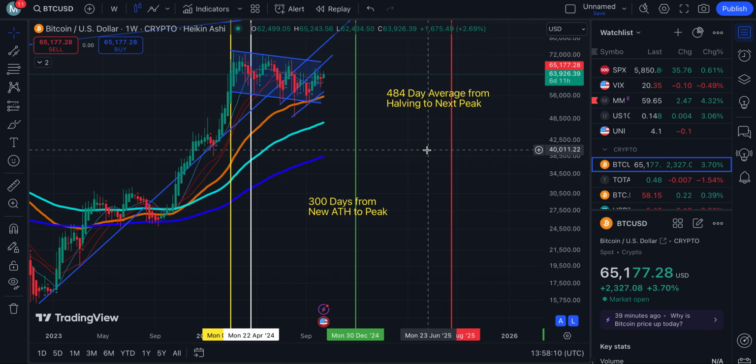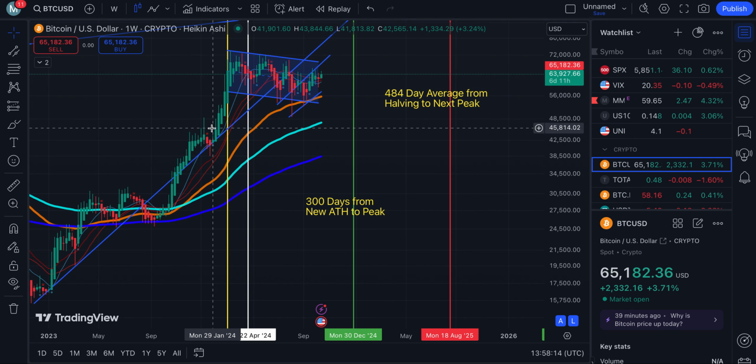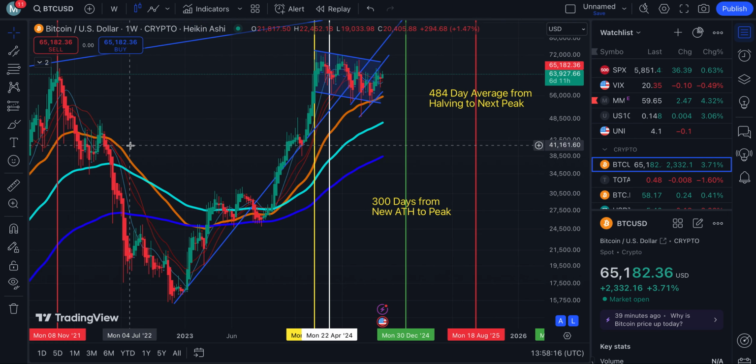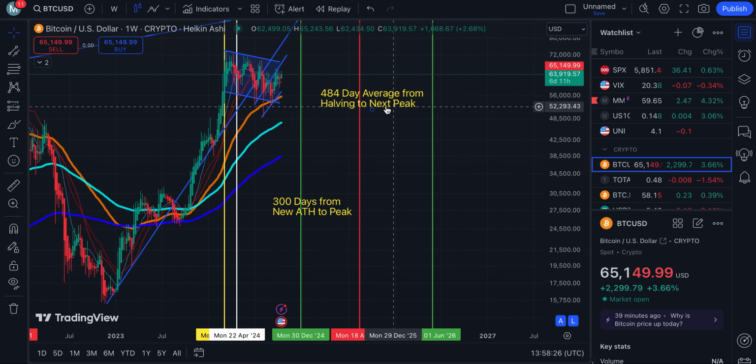And we've also talked about or done the averages from when there is the halving, that is the white line. I have those all marked out here for you. And as you can see, this yellow line showing a break of the 2017 all-time high, okay? But all the white lines are the halvings, and the average from those to the next peaks puts us out at around August of next year. But what I wanted to do today is show you from the bottom to eventual top.